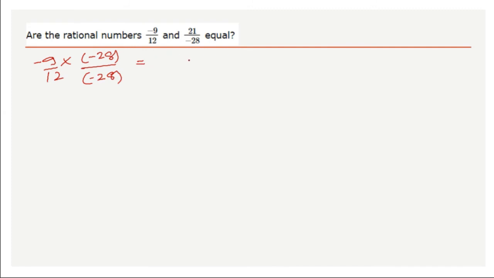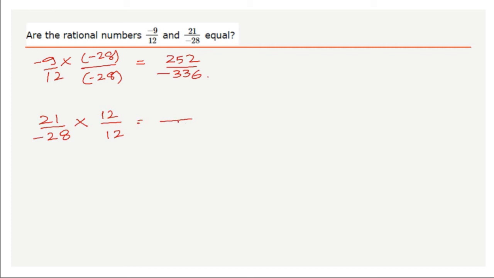On multiplying, I'll be getting 252 upon minus 336. And the second number, 21 upon minus 28, I would like to multiply with 12